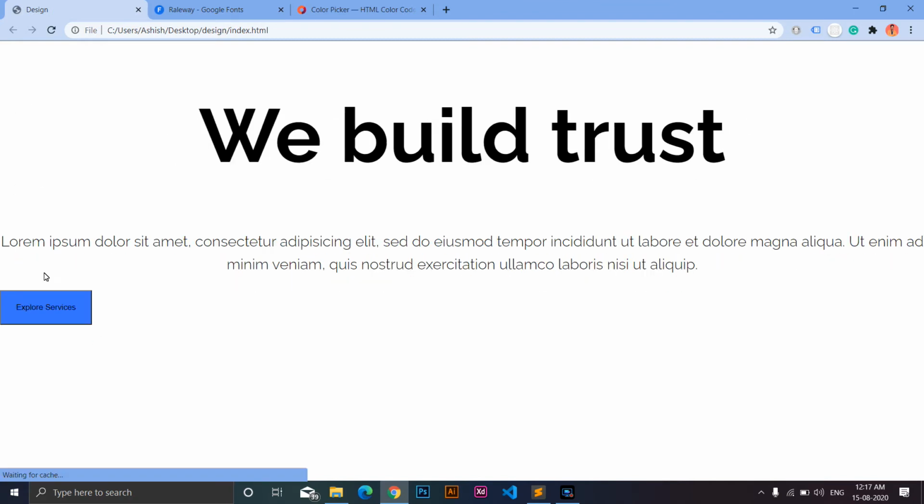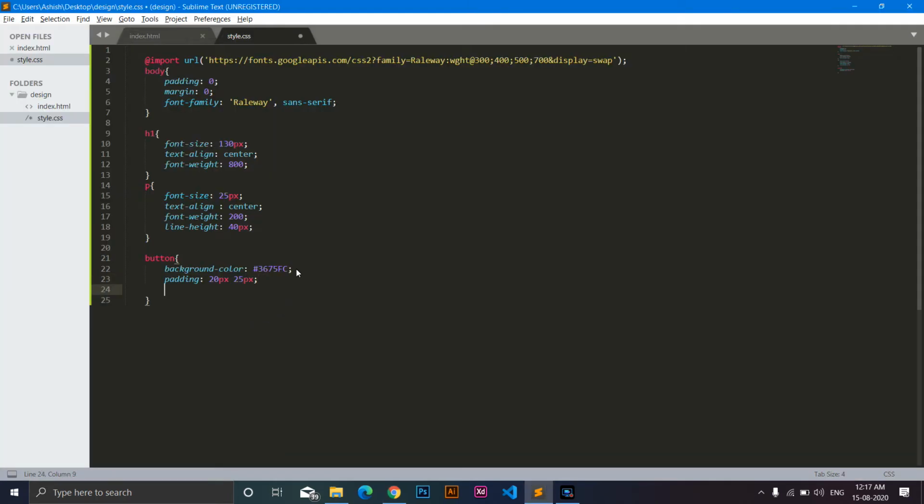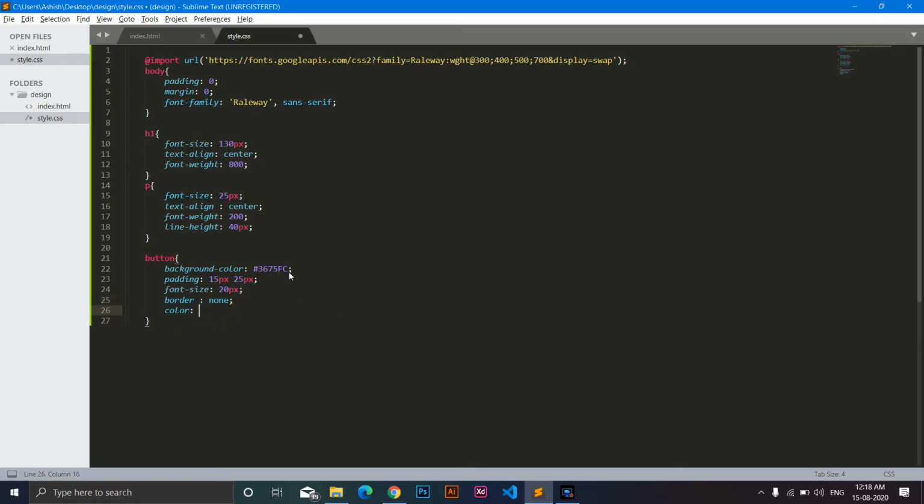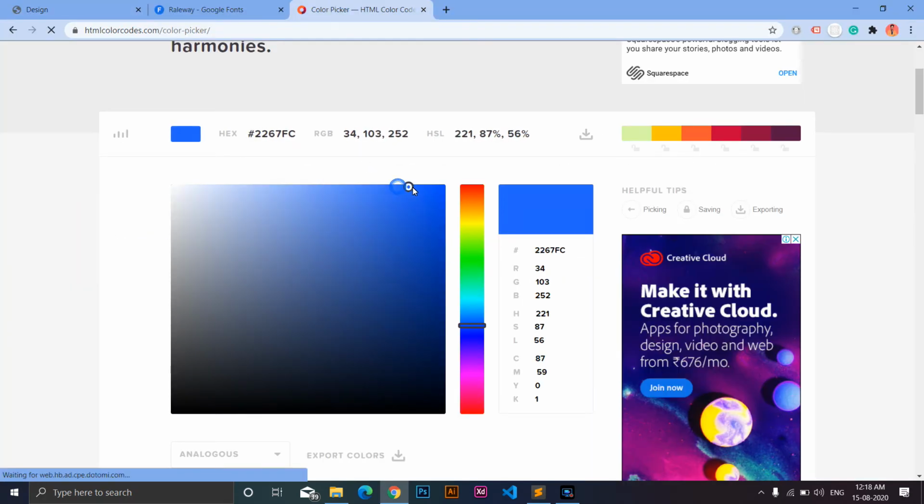It is actually taking time because it is taking time to load the font. Okay, so this is how it looks. Let me just increase the font size inside the button, and make the top and left padding 50. And I don't want the border, so let's just turn it off by using border equal to, okay, I forgot the semicolon. Say it none. Let's refresh, and you can see. Let's add a color of white. Let's make it more blue.